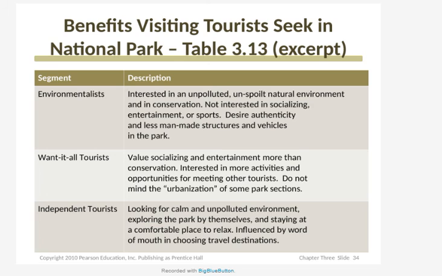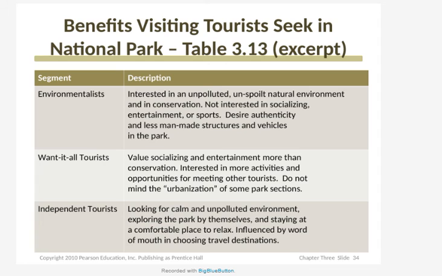So you are not interested in socializing, entertainment or sports. فأنت رايح الناشونال بارك for this benefit. Other people, for example, they are going to the same national park but for socializing. So that's another benefit. That's why it is called benefit segmentation. بنقسم الناس على حسب الفائدة المدركة من ناحيتهم.